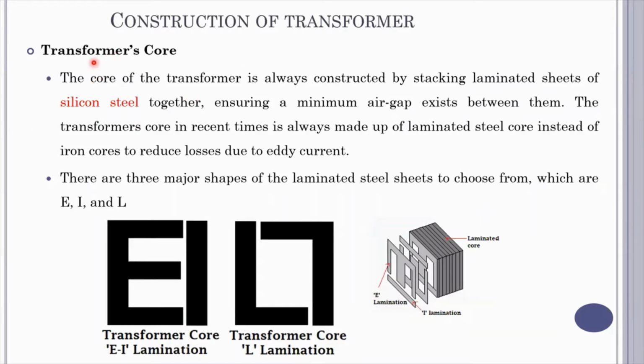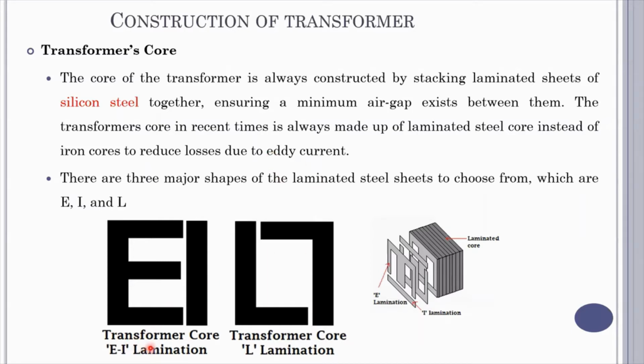In the magnetic circuit, we have the core. On the core, the magnetic flux is established. On this core, we wind the winding, and because of the current flowing in the winding, a flux will be generated, and for the flux, a low reluctance path is offered by this core. Hence, in order to offer a low reluctance path, silicon steel is used. And we use laminations in order to avoid losses due to the formation of eddy current.